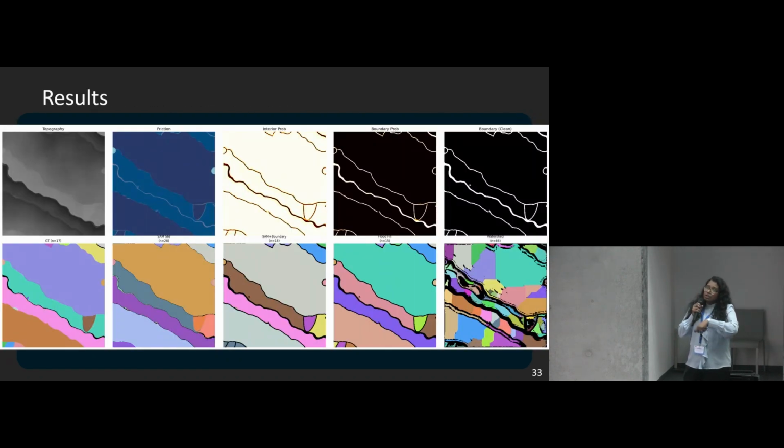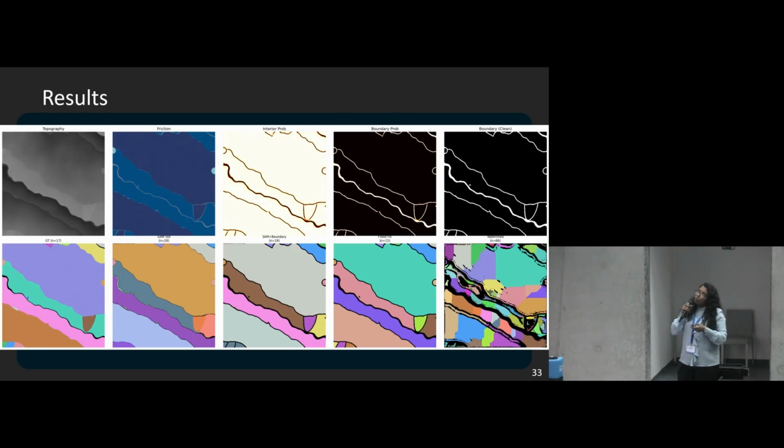So this is the result. It's not perfect. We are still working on it, but you can see that the top is topography, then friction. These images are the prediction of the first neural network, which detects the boundary. At the bottom, after detecting the boundary, we are applying another model. That is the ground truth. After this, there's the SAM prediction. These four are different predictions from different methods. SAM is able to predict, but there is still scope for improvement.